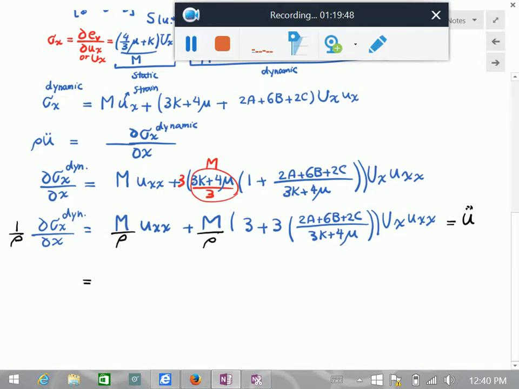So m over rho is the original velocity squared, right? Velocity 1 is the same as Vp in 3D, and this was m over rho, correct. So I have this velocity. So there is a 1 here, and then this is the same. I'm factoring m over rho out,